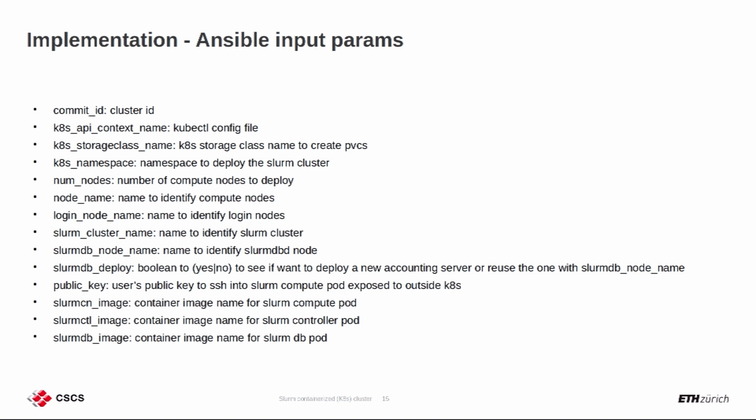The reason why at the top you have commit ID instead of cluster ID is because, working next to it, there was a CI/CD pipeline. So basically I have my code, I commit, and when I do push, that commit ID will be the identifier for the cluster. So then if there are multiple clusters at the same time, I know by the commit ID which is the one with the changes I introduced. So then it will be easier to identify who belongs to what from the developer's perspective.